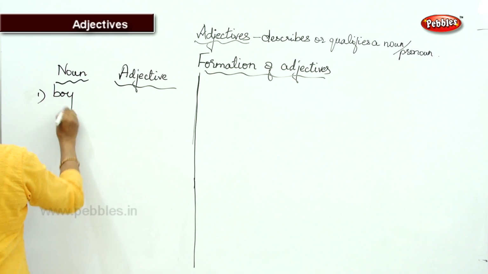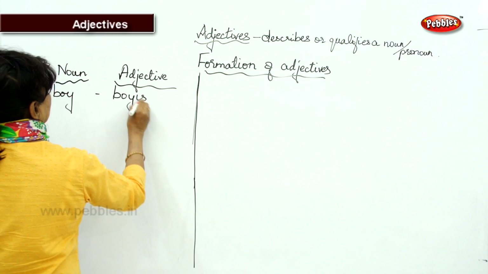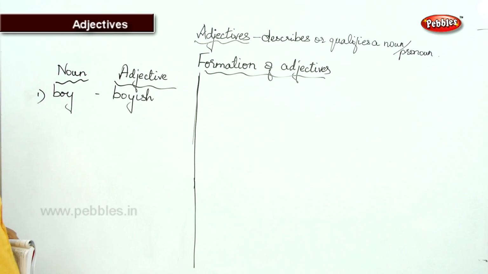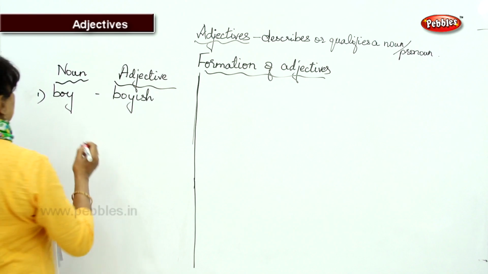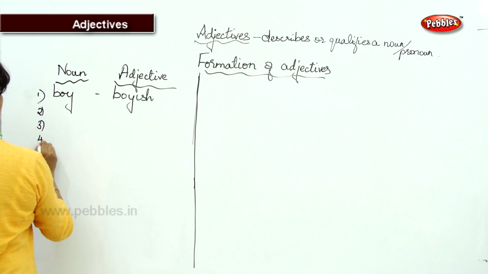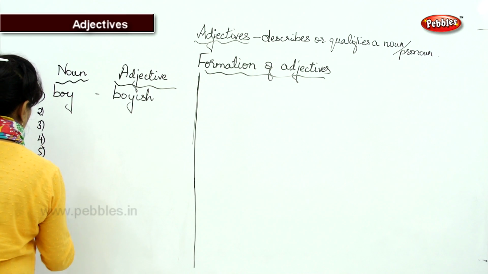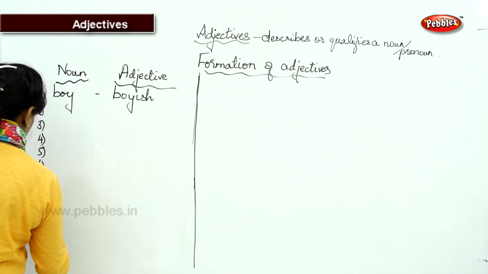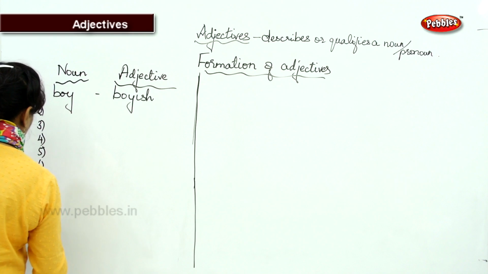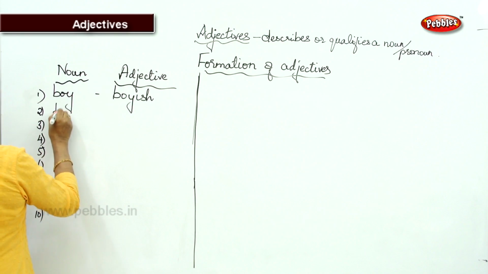Boy, boyish. The word boy, which is a noun, can be converted into an adjective, which is boyish. I am going to give you 10 words. First one is boy. Next, fool,